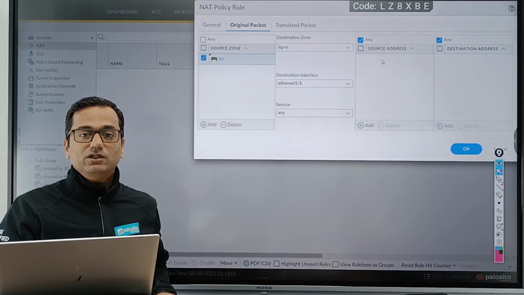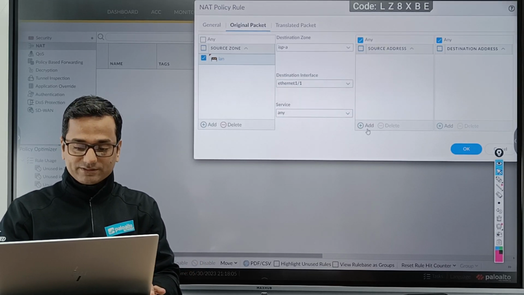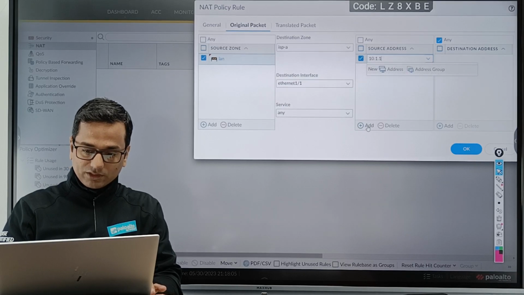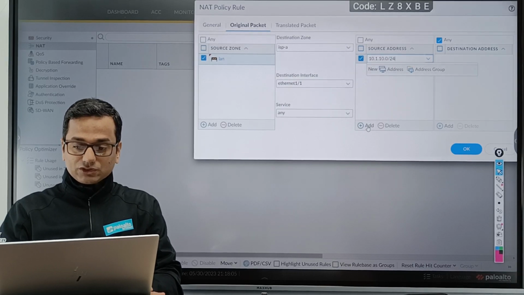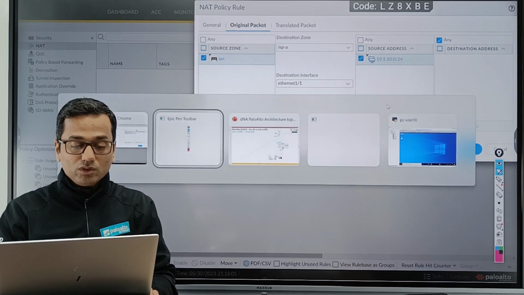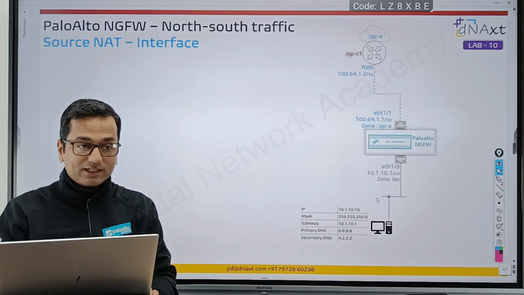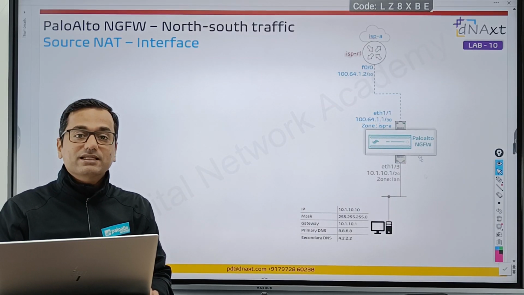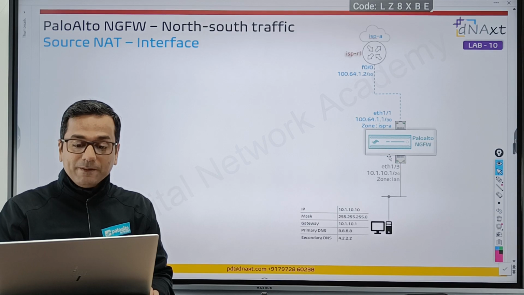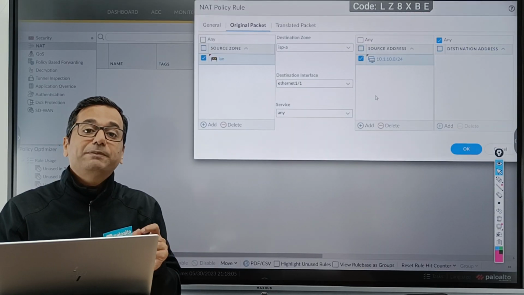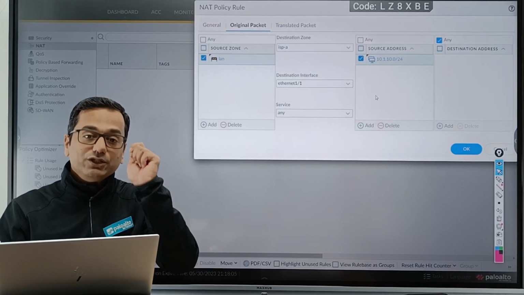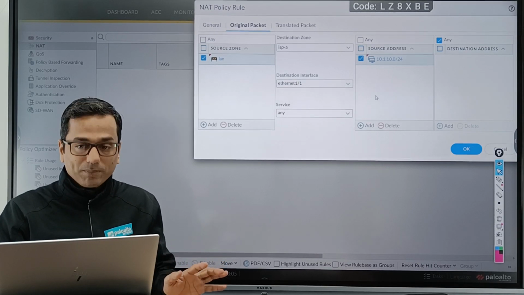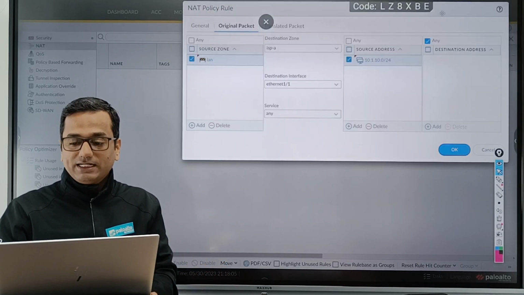Source address. In the original packet, what is my source IP address? 10.1.10.0/24 network. I want to allow the entire LAN segment. Can I mention a specific IP address, /32? Yes, you can. Shouldn't be a problem. Okay, destination address.